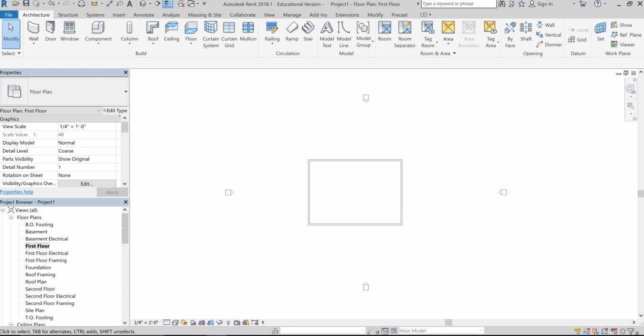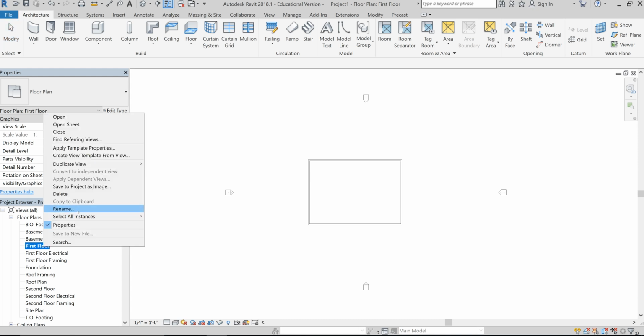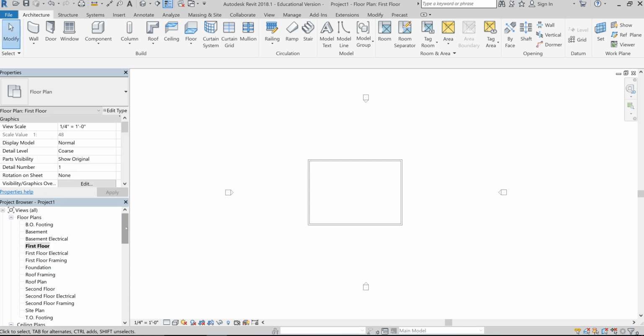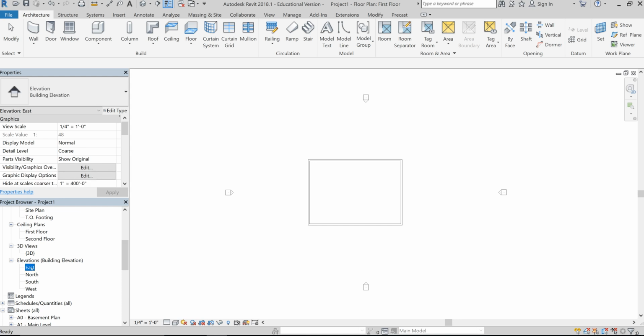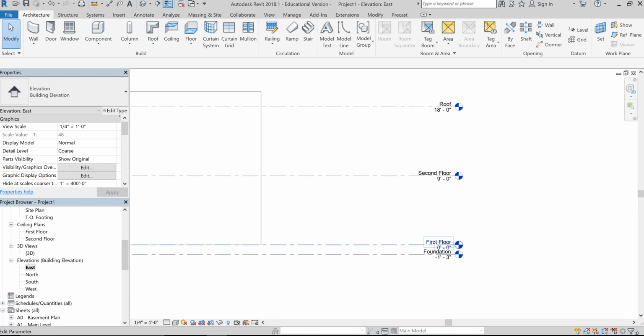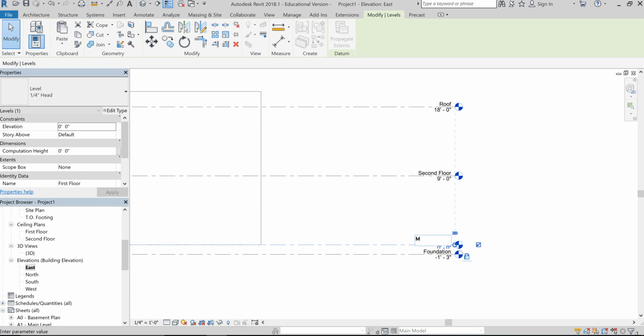If I come through and rename this, I don't think we've done it this way before, so I right-clicked and I went to rename. Let me do it a way that's more familiar. You can do it the way I just showed as well. If we go to our elevations, I can rename first floor, main level, and we're going to see it change